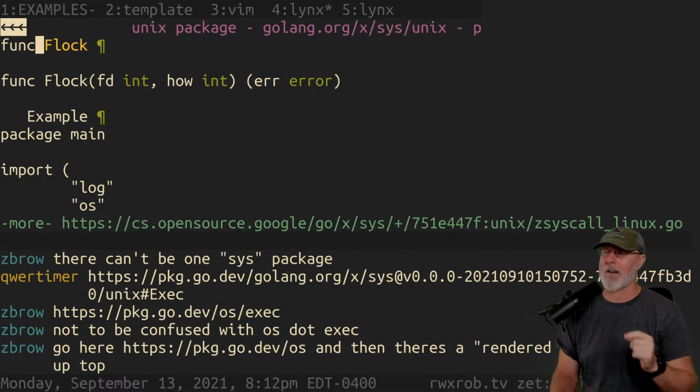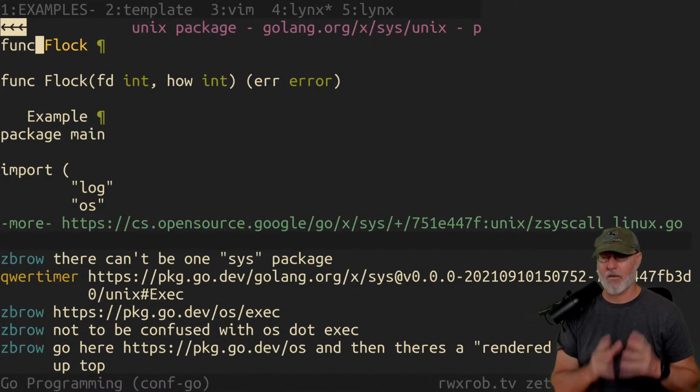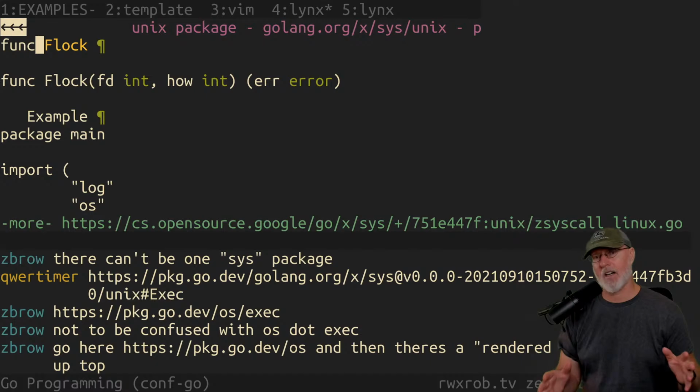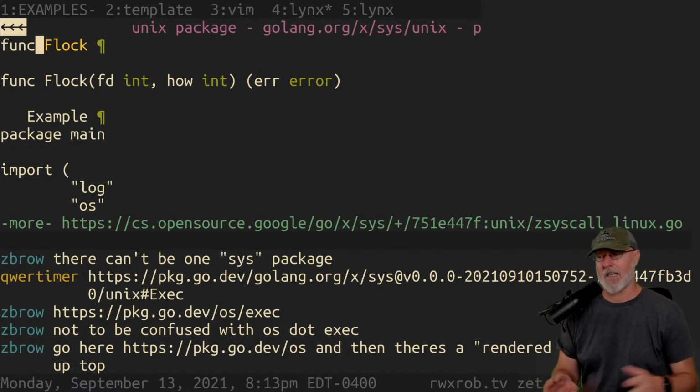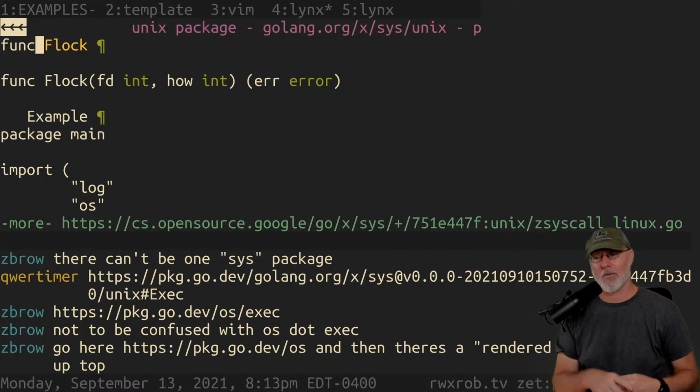So I don't know. I'm actually kind of hopeful after our spelunking efforts to find a cross-compatible method to flock a file that we don't have to think about. We can just say os.LockFile, and everything else that uses the thing will use that.